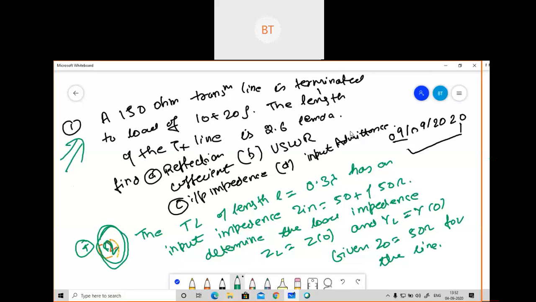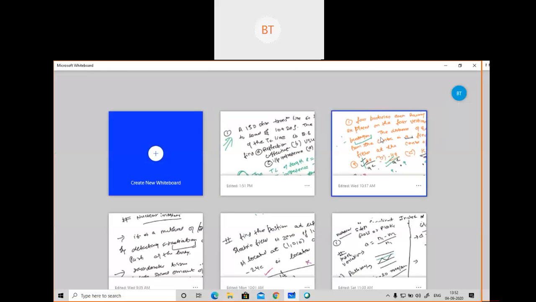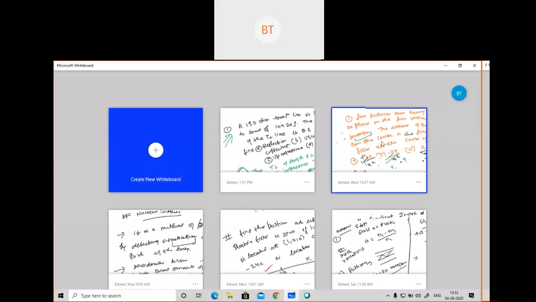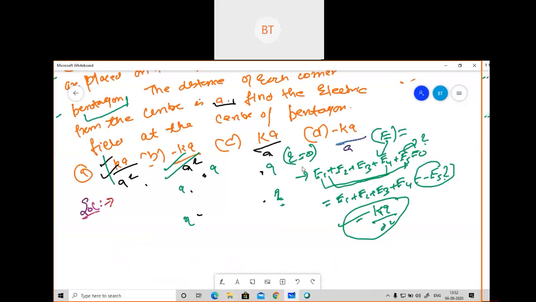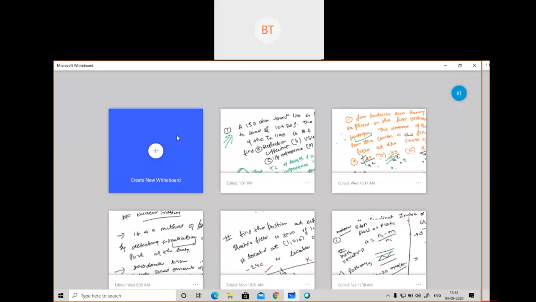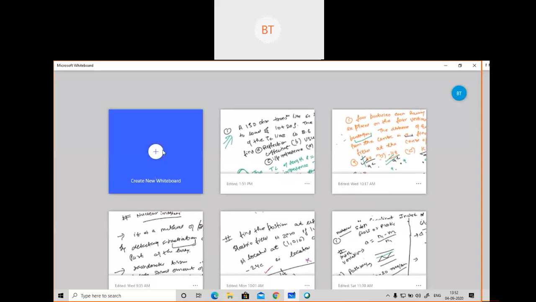No doubt. Okay, so let us resume our class from where we left off in the last class. I'll see where we left off, and after that we will continue. We have discussed the four particles and these things which we have already discussed. So this numerical we have discussed. So we will see the next part. One thing is left with us, so I will try to solve those questions.